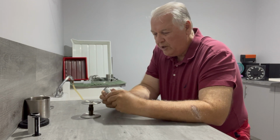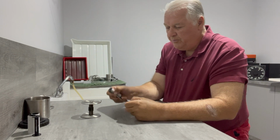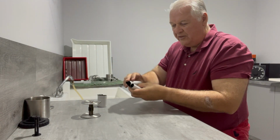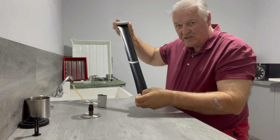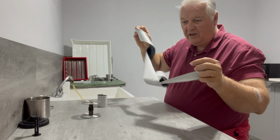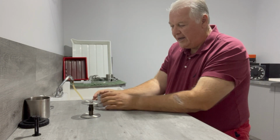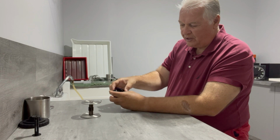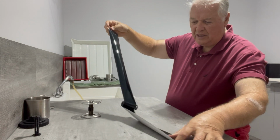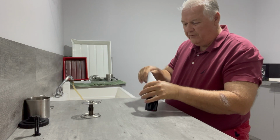Now the thing with the 120 roll is after you break the seal, this is totally in the dark normally. When you pull it out, there's the backing paper. So it kind of looks like this. This is just the paper. This is not the film. This is just the paper behind the film. And this is garbage. You've got to make sure that you're not rolling the backing paper onto the reel, but that you're loading the actual film. So as you see here, they separate. So here's the film on this side, on the top, and the backing paper is below, and then it will be taped. So first thing I do is